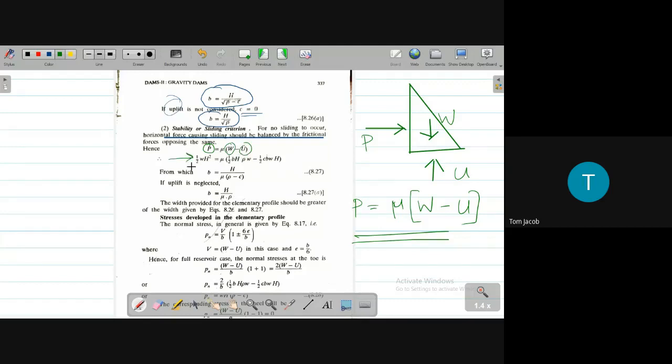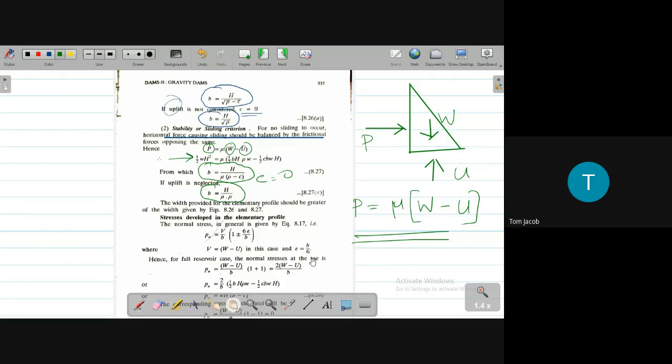Now substituting all those here, half gamma_w H square is the water pressure, W is half BH into rho gamma_w, and U is half C B gamma_w into H, and from this we can get the equation for base width due to sliding criteria as B is equal to H by mu into rho minus C. And here also if uplift is neglected, that is C equal to 0, you will get B as H by mu into rho. Okay, we have discussed until this yesterday,